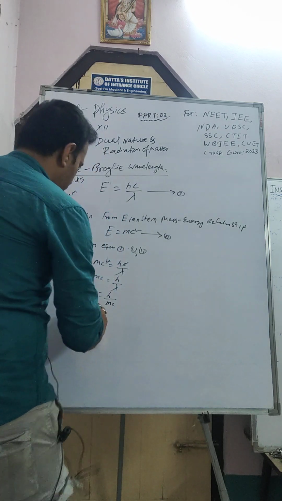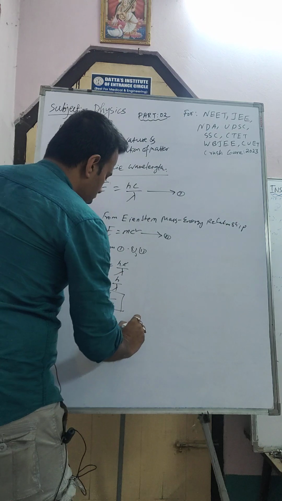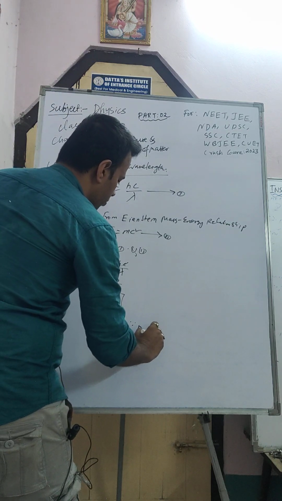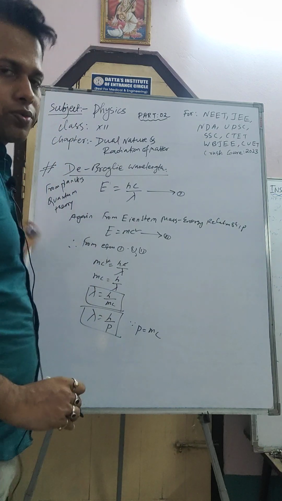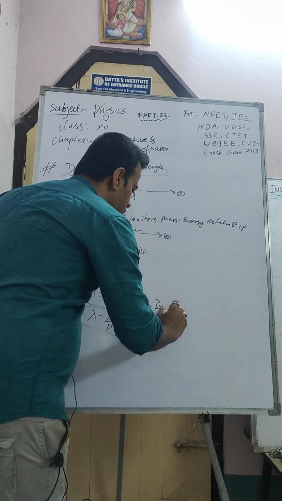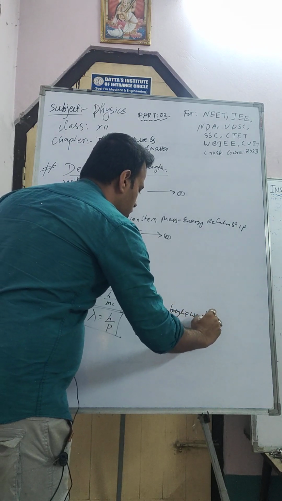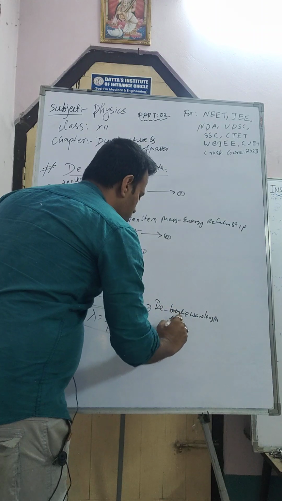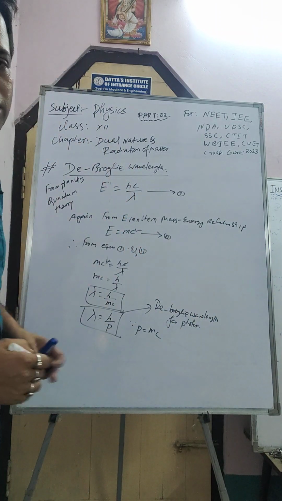Okay, or lambda is equal to h by p, since momentum is equal to mc. So this is the de Broglie wavelength for what? Photon. This is the de Broglie wavelength for photon. Okay, now